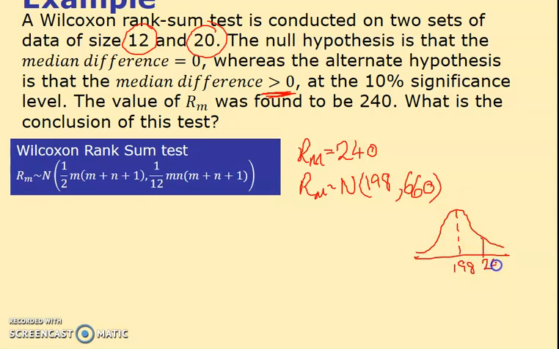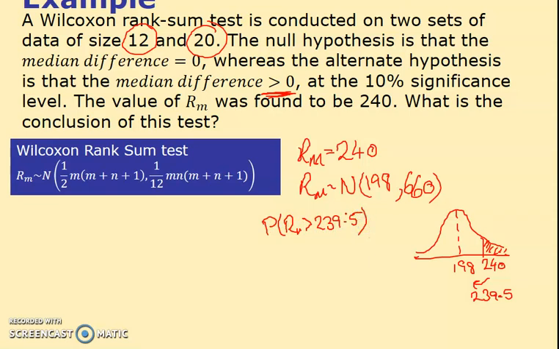I'm on the right hand side this time. So this is good. I want this probability this time, but I don't use 240. I go inside it. So I use 239.5. That's my continuity correction again. So here I write the probability that RM is greater than 239.5